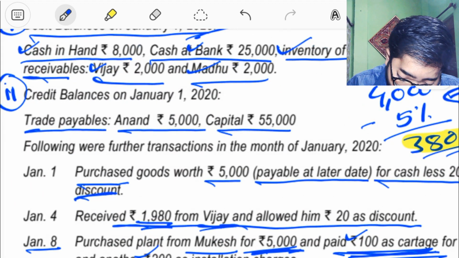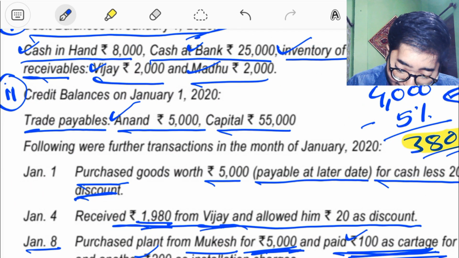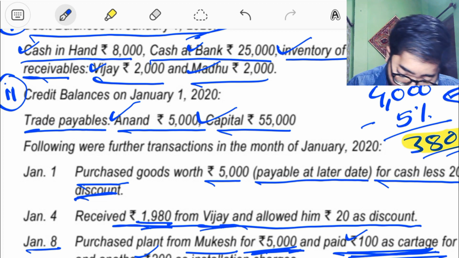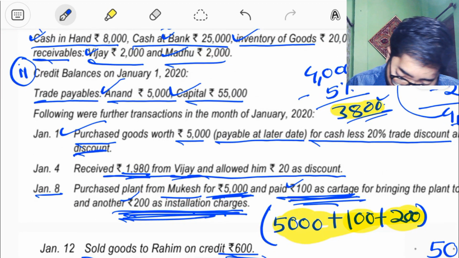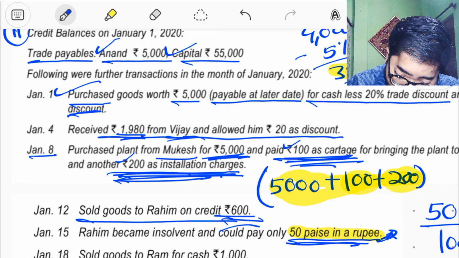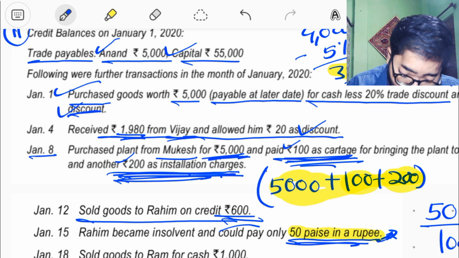Now, 7th is Anand, trade payable, 8 is capital, 9 purchase, 10 discount allowed, 11 discount received,